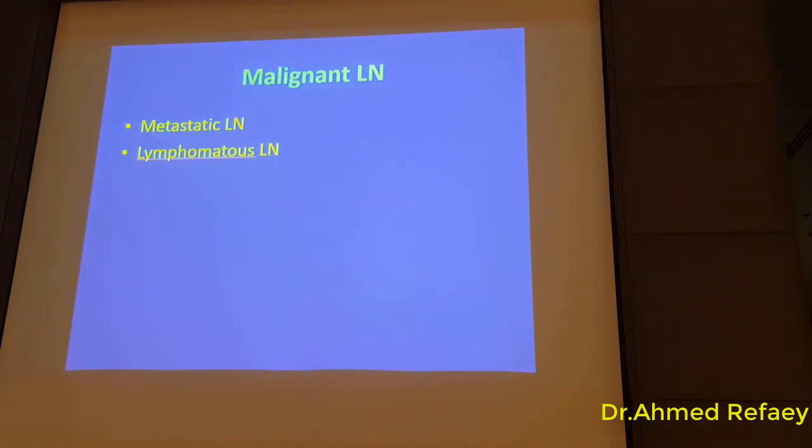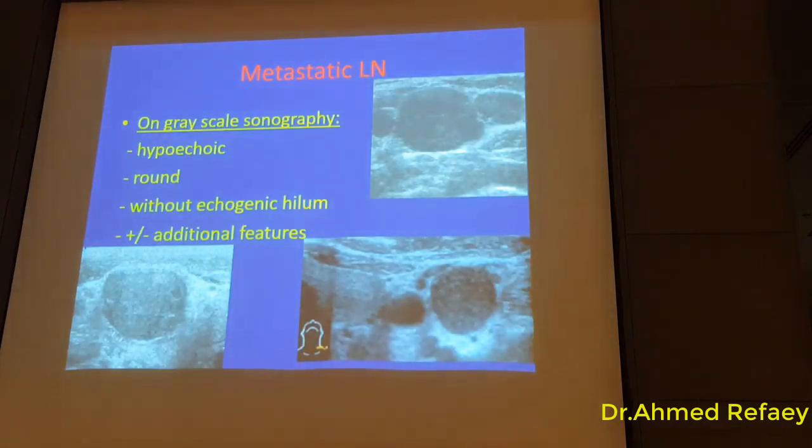A malignant lymph node is one of two things, either a metastatic lymph node or a lymphomatous lymph node. Starting with metastatic lymph nodes, what are the ultrasound features of a metastatic lymph node? In grayscale ultrasound, it is hypoechoic,